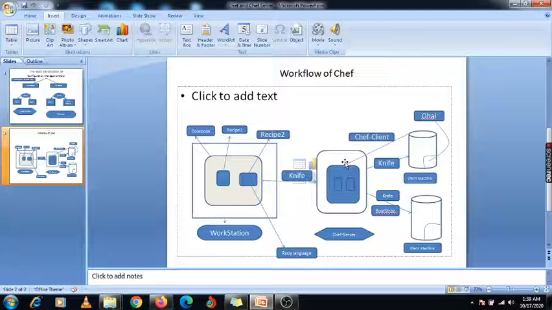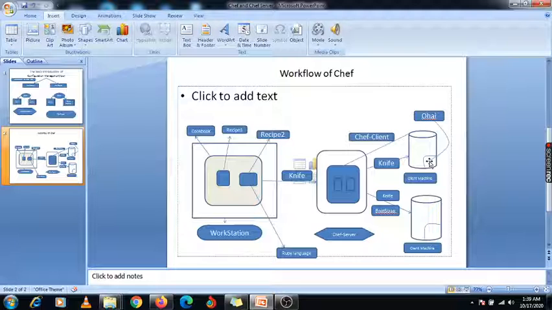Whatever updated version is available on your Chef server, only that version it will take from your Chef server to your Ohai database. So this is your idempotency. Whatever updates are coming from your Chef server, only that update will be applied under this Ohai metadata. This is the concept, and this is the workflow of your Chef.